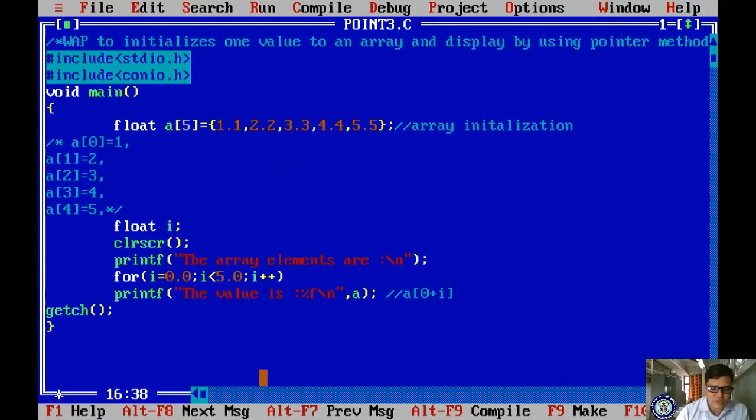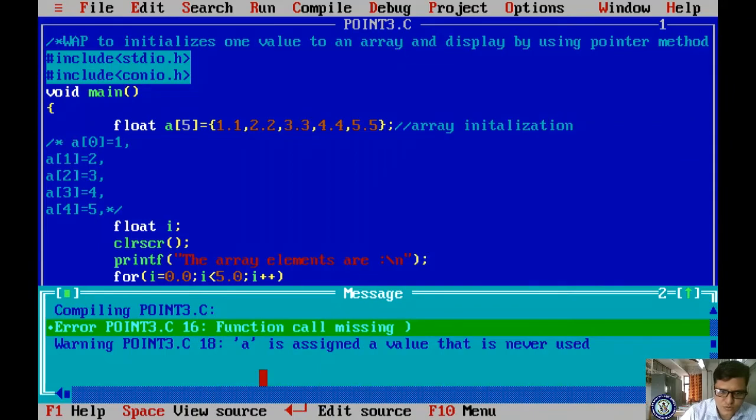If I want to access each address, ampersand A of 0 plus I. Okay, now let me check.